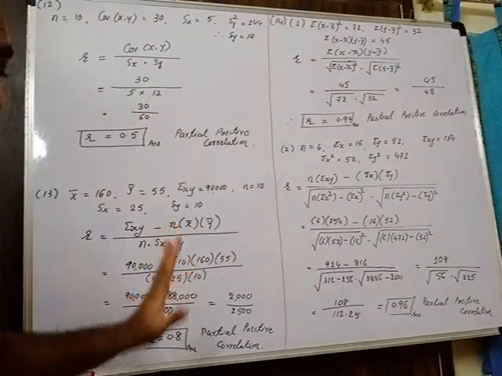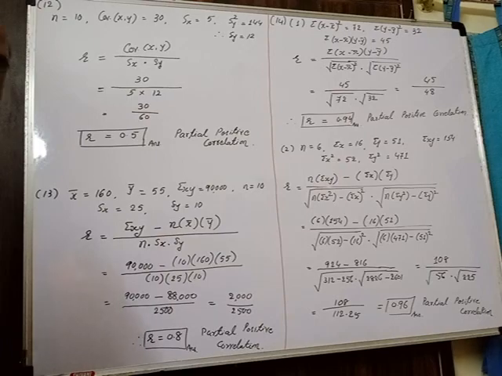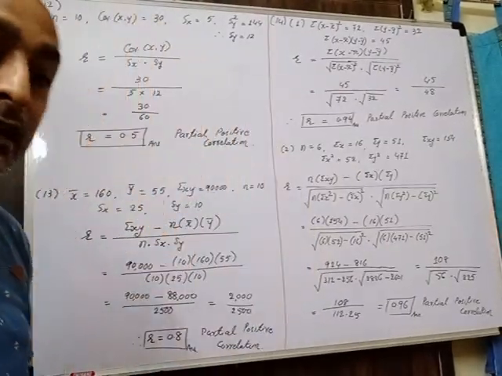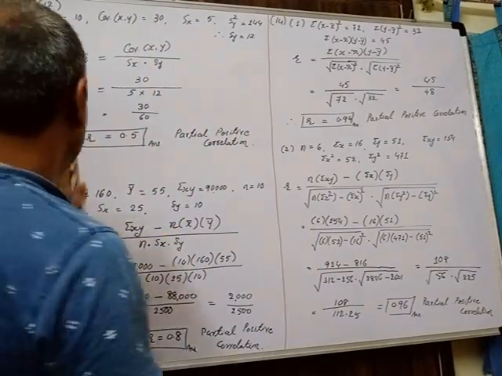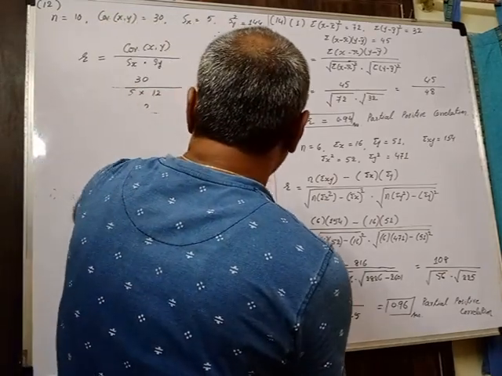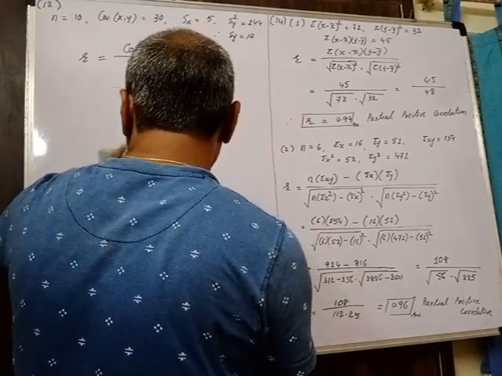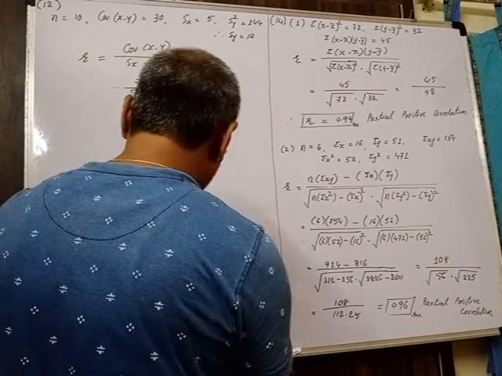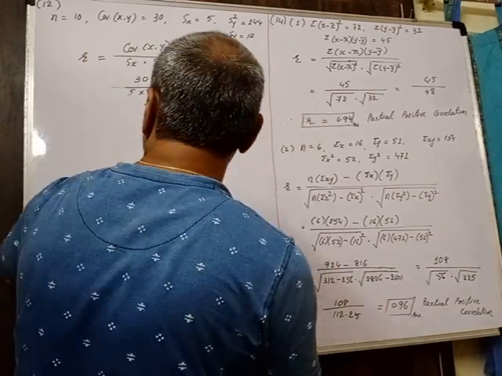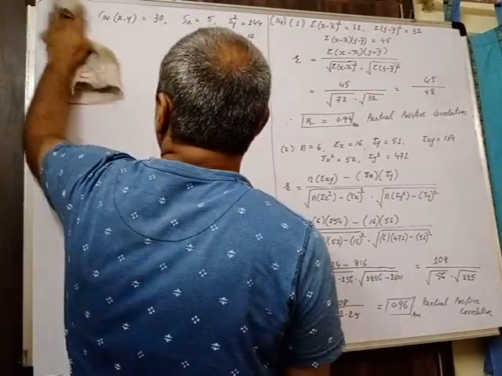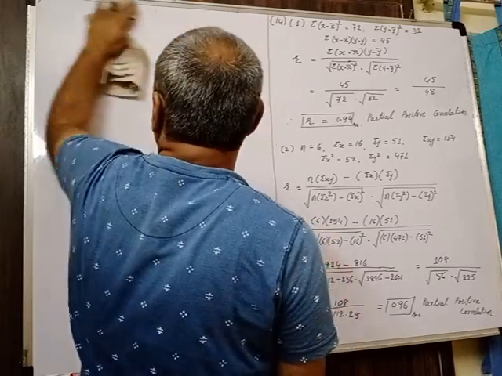Now there is one last question remaining to solve, and we will complete the exercise. I will show you now how to solve the last sum also. That is also one kind of short sum, and it is important from your exam point of view. I will show you which information is provided and how it can be solved.